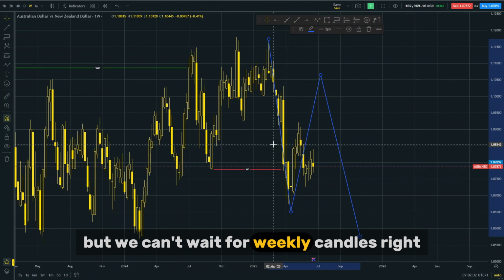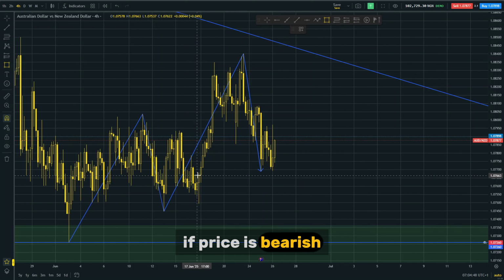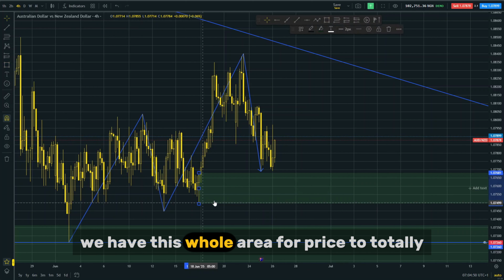So with the edge finder tool telling us looking for selling pressure, well, we're expecting price to do something. It was printing a bullish trend somewhat, so we're expecting price to do something, right? And which is if price is bearish, right? If price is bearish, we have this whole area for price to totally cancel out. So price cancelling out this location, coming into here, cancelling this location, would be enough for us to decide, okay,